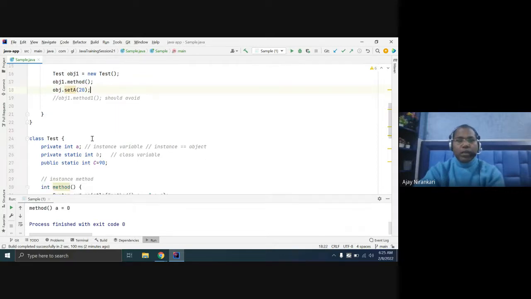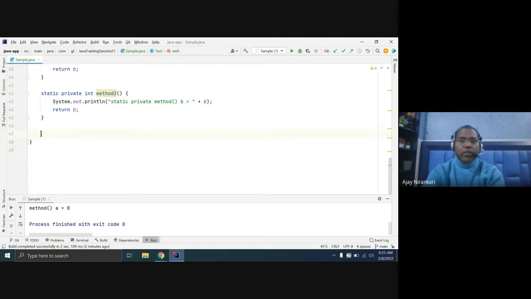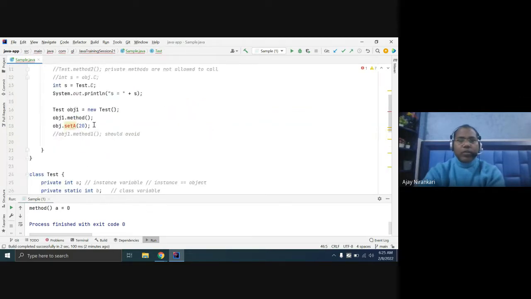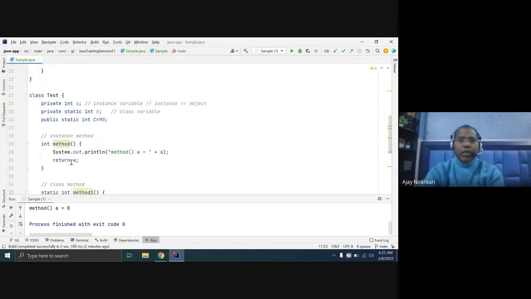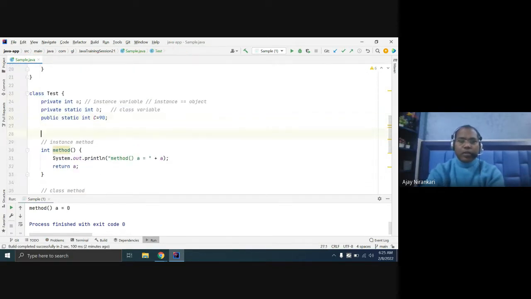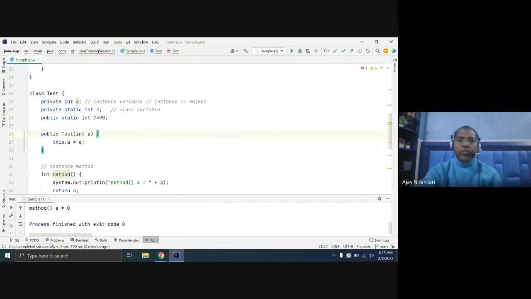This is the one object. Let's initialize inside the constructor. This is the best way, instead of initializing here. We can write one constructor, Test, with a variable.